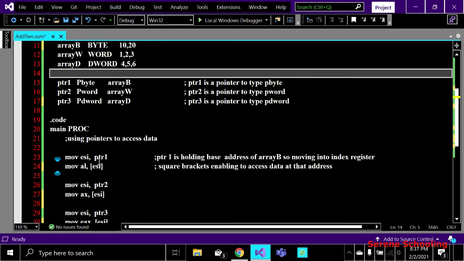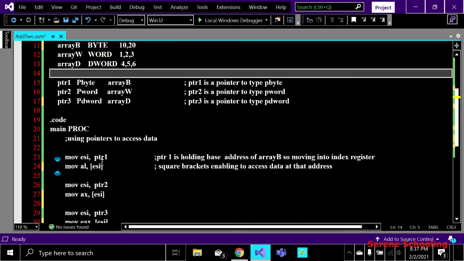Okay, and now in the next statement, these square brackets over ESI mean that we are actually dereferencing that address to access its element. Whatever is lying at the base address of ptr1, that is this array b, is now being accessed. Its element is being accessed by these square brackets.